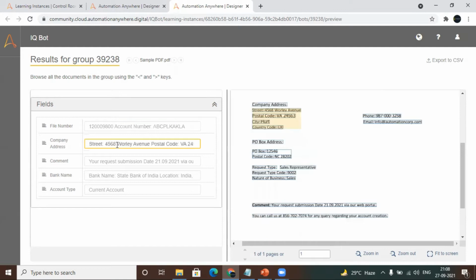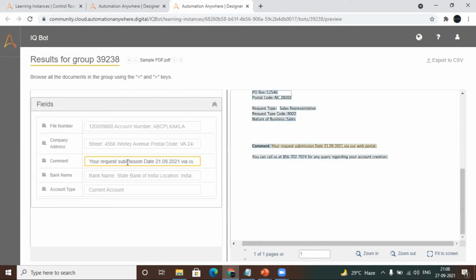Now in the address section, we can see I want the complete address, so I want to remove this street, postal code, and other values which are present here. Also, from the comment section, you can see we have the date present here. If you want to extract this date directly, it is not possible, because IQBot is selecting this entire text. To get the date from this type of data, it's better to use a regular expression by giving the different formats of date which you are expecting,